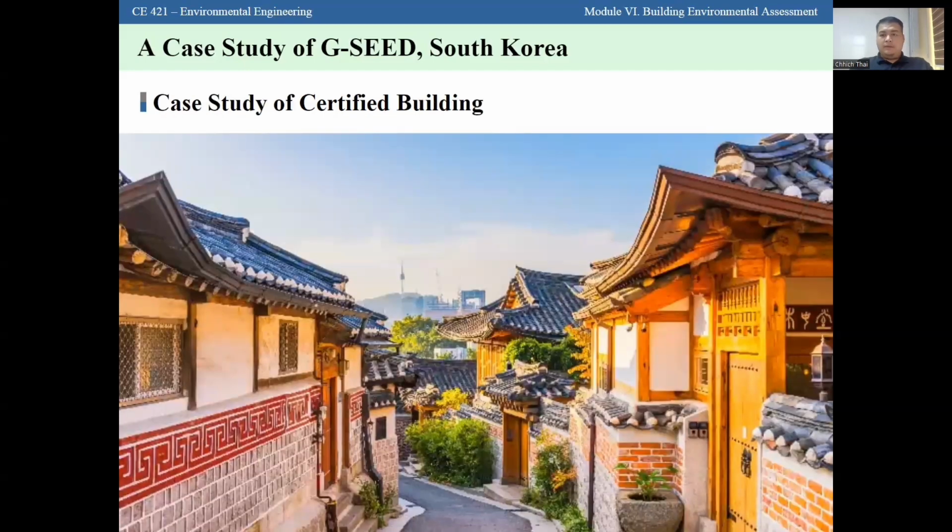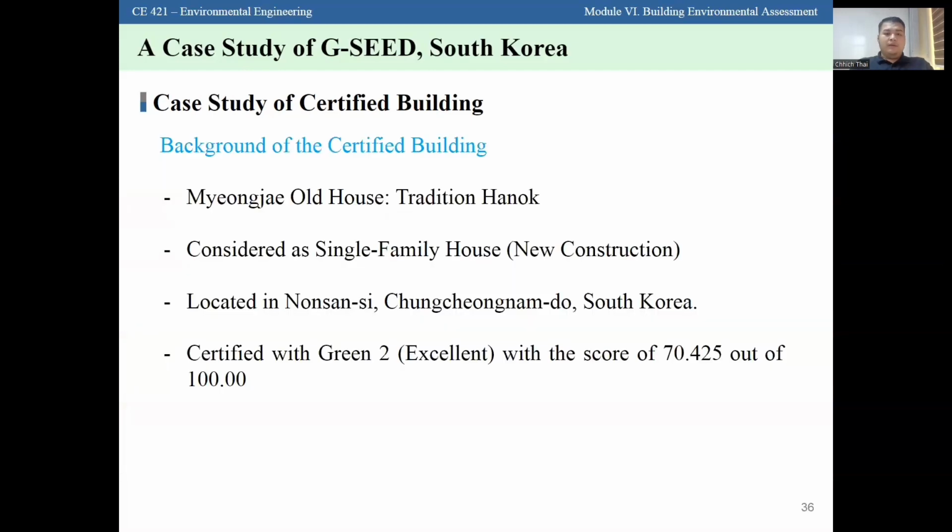So after we learn about the registration and certification process, we move on to a case study of a certified building, which is one of the buildings in South Korea. This is about the background of the certified building, which is Moyongjae old house, a type of traditional hanok, considered a single family house located in South Korea. It is certified with Green 2 or Excellent